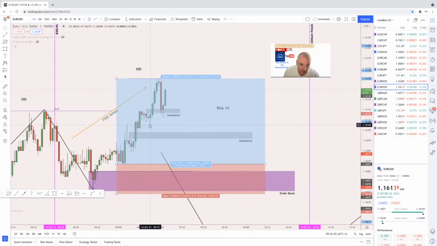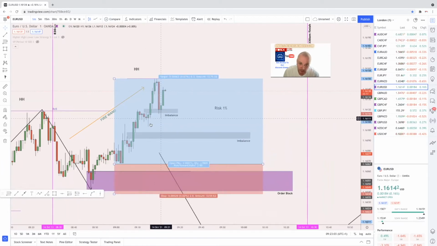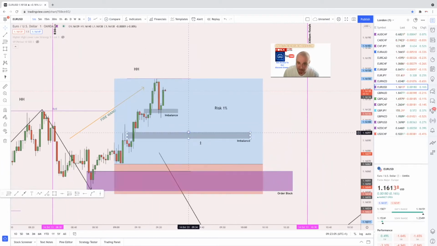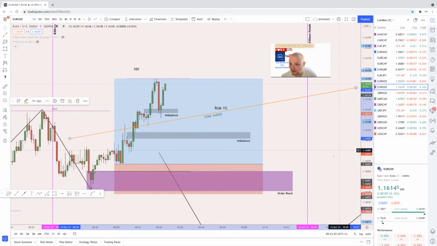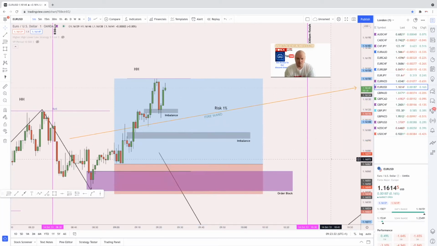And then this means we would be looking at the possible break of structure and then return down to an order block here. But again, once we start doing that, it leaves not just the order block to be filled, but we still then have imbalance just underneath. So it makes the trades a little bit more risky, if that makes sense. We'll see if we'll get the push out on this. Time-wise, we can see we've got 40 seconds. This might just wick out and come back into the range, to be fair.